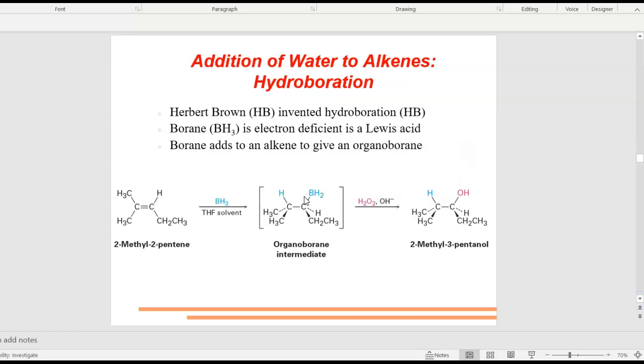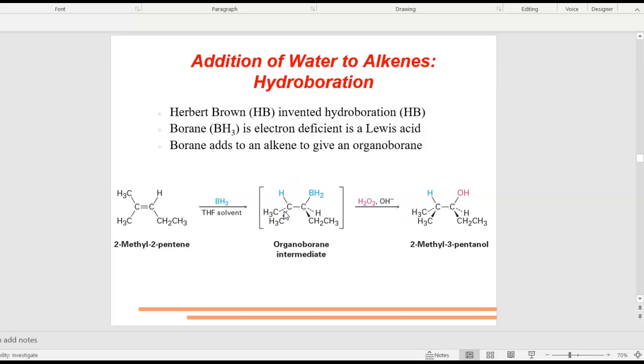Now the final reaction is the hydroboration, where we take an alkene and treat it with borane in presence of THF. Again, THF is the solvent, followed by oxidation with hydrogen peroxide. Borane is a very reactive Lewis acid because boron's octet is not complete, so it can accept electrons. THF complexes with BH3 to form a BH3-THF complex, and when an alkene reacts with that BH3, you get an intermediate of this type where